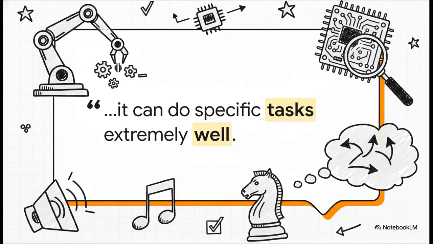I'm going to leave you with this final, powerful thought to ponder as you complete your assignment. It really reminds us all where the true strength of today's technology lies. Artificial intelligence becomes powerful not because it can do everything, but because it can do specific tasks extremely well. But as we hand over more and more of these specific tasks to machines, I want to leave you with this one question to chew on. What uniquely human skills will become our most valuable currency in the future?